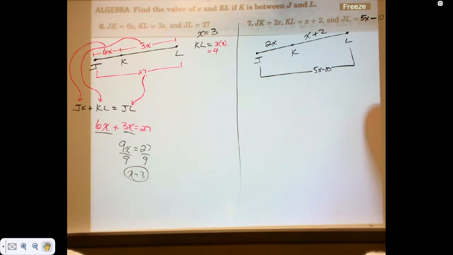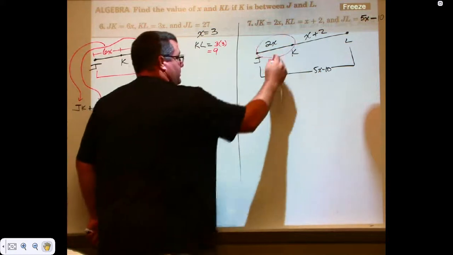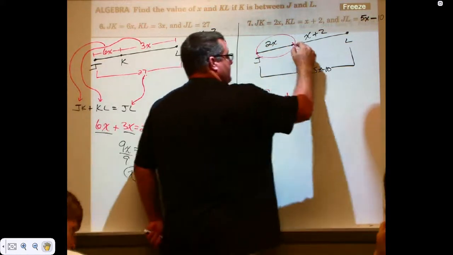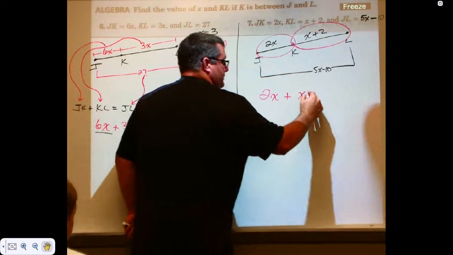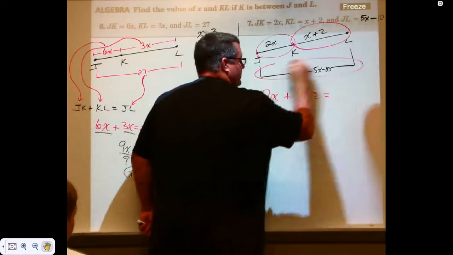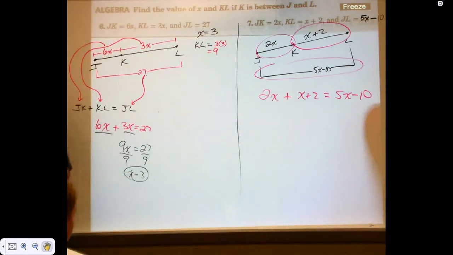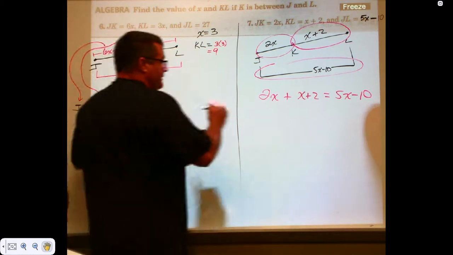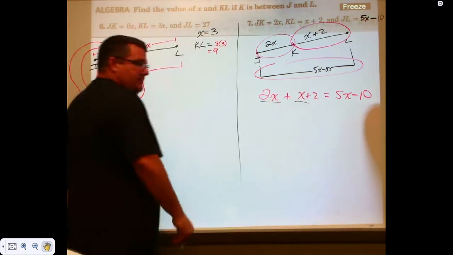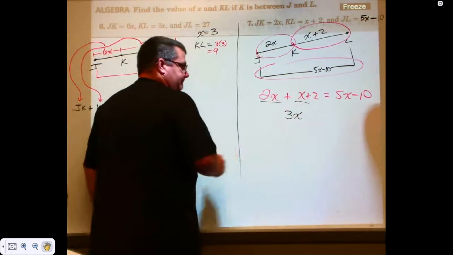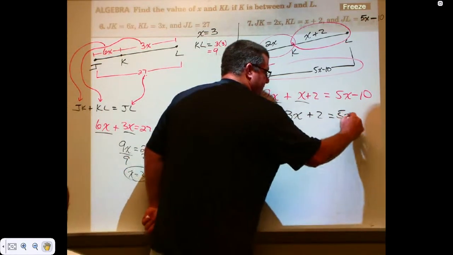The two smaller parts added together. This part, which is what? Plus this other smaller part, which is what? Equals the whole thing, which is? Now, is that a weird or kind of complicated looking equation? Maybe. Because you're plugging things in geometry, you get a lot of equations that need to be simplified before you can start moving things around. What needs to be simplified here? What's a simpler way to write this? Simpler way to write 2x plus x is to write it as 3x plus 2 is equal to 5x minus 10.